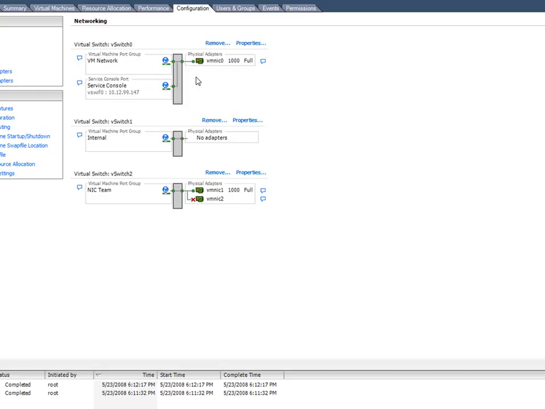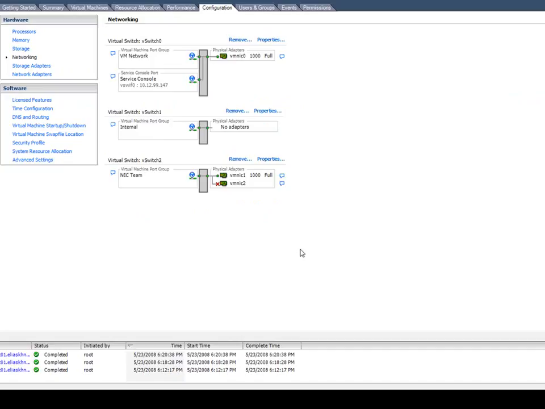If the service console goes down, you're going to have a hard time communicating with ESX. So let's talk a little bit about service console redundancy. I'm sure you would agree with me that the service console is a very important part of ESX. Without it, communicating with the ESX server becomes next to impossible. So I would strongly recommend that you take steps towards making sure that the service console stays up at all